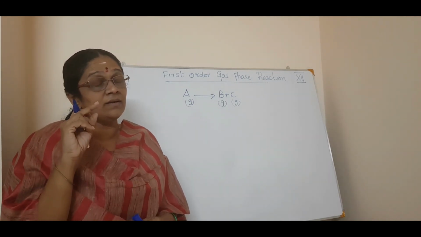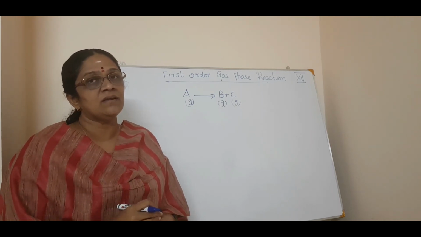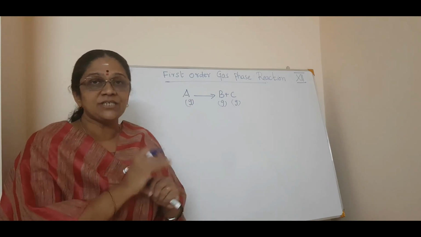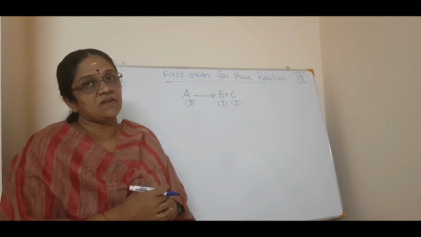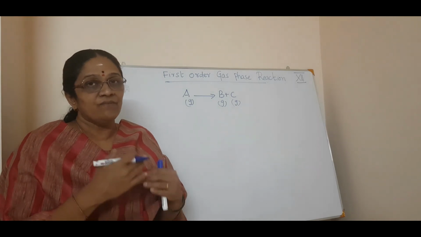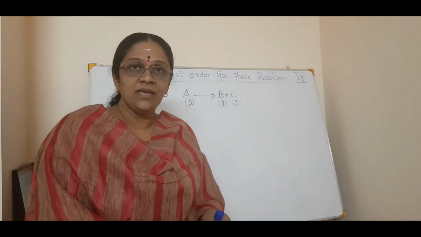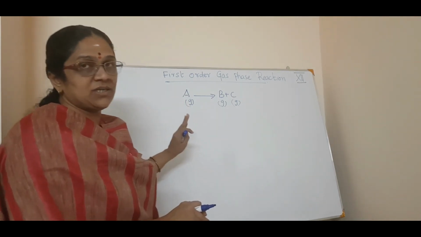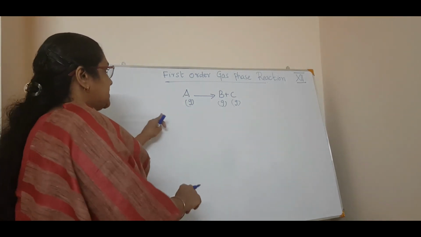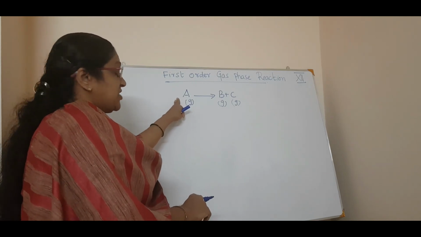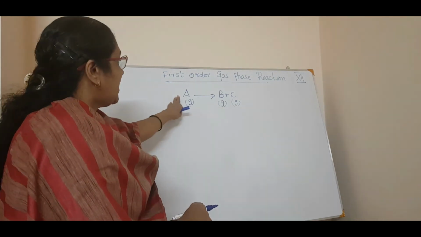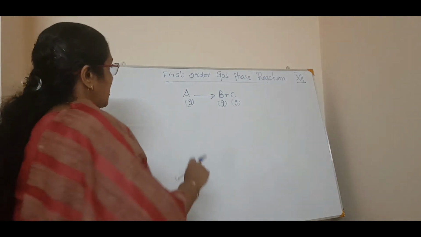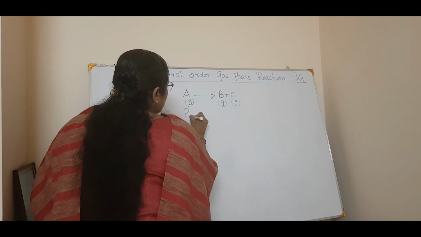While we were deriving the unit of rate constant, we discussed that if our reactants are in the gaseous phase, instead of concentration, that is mole per liter, molarity, we will use atm. Why? Because partial pressure is used. For gas, we will use the partial pressure. So we are dealing with pressure, right? If the initial pressure of the A reactant is Pi,